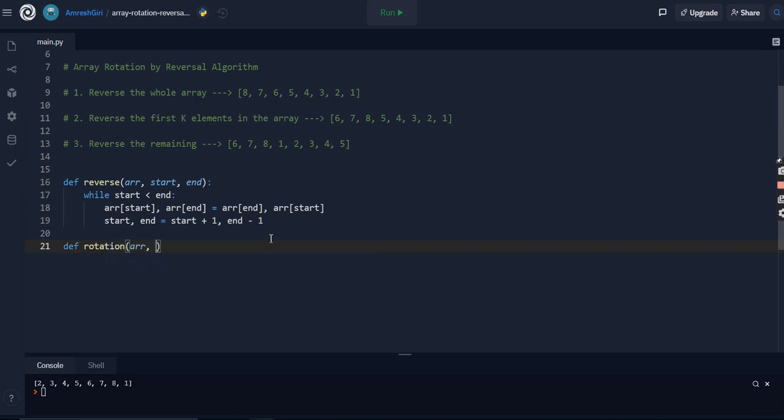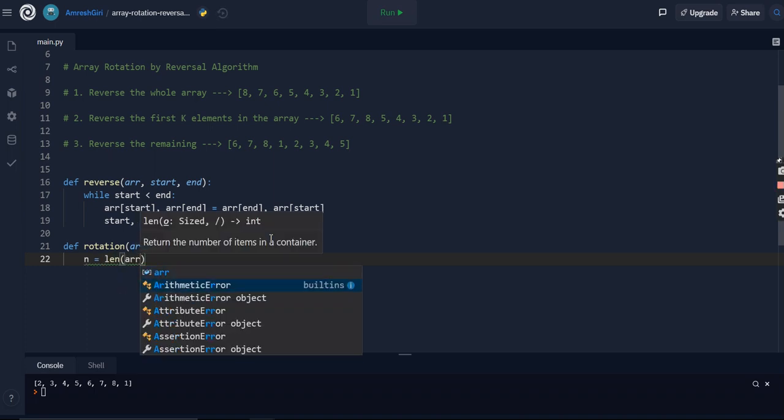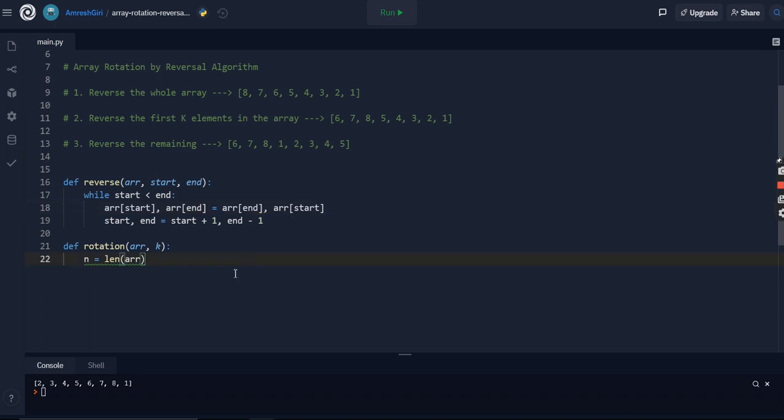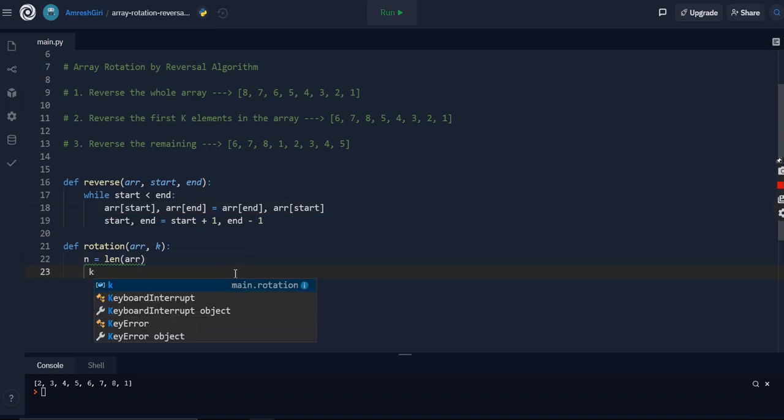We are taking the array and we are taking the value of k on which we are going to rotate it, right? So what happens is, now we need the size of the array, right? N is equal to the length of the array, and now we are going to handle an exception, or you can say, an edge case, wherein we are going to